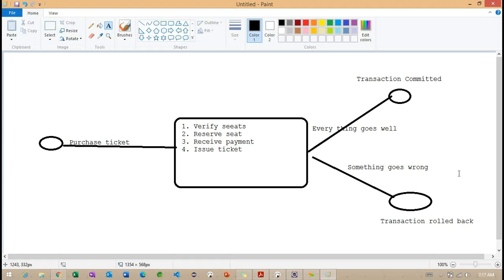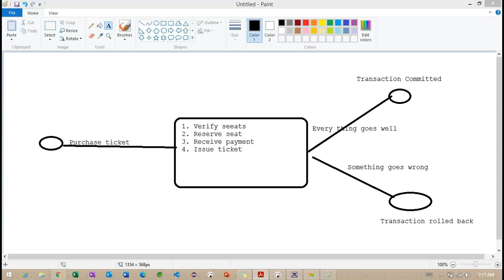Now, with the diagram, we are understanding how exactly an application like a ticket purchase application is going to work internally, and where exactly Spring transactions is going to work.